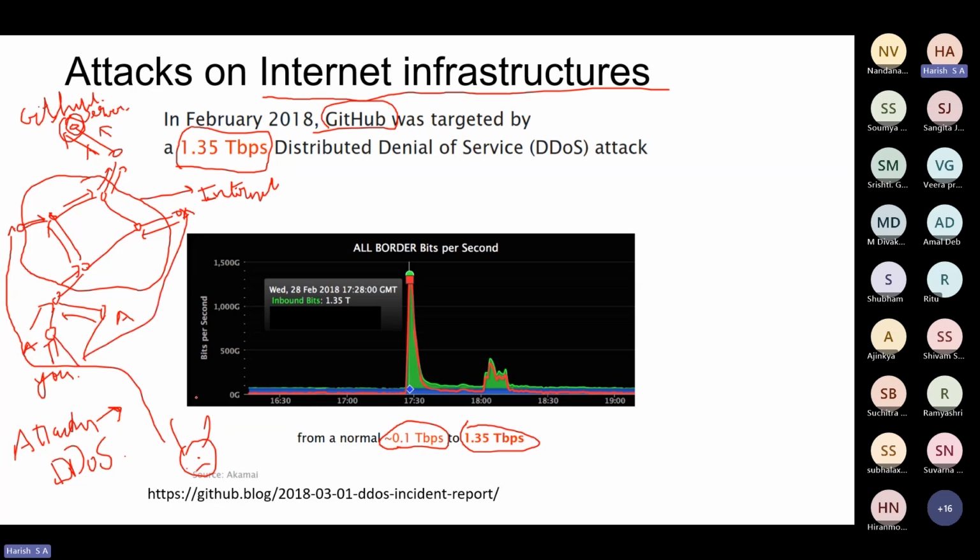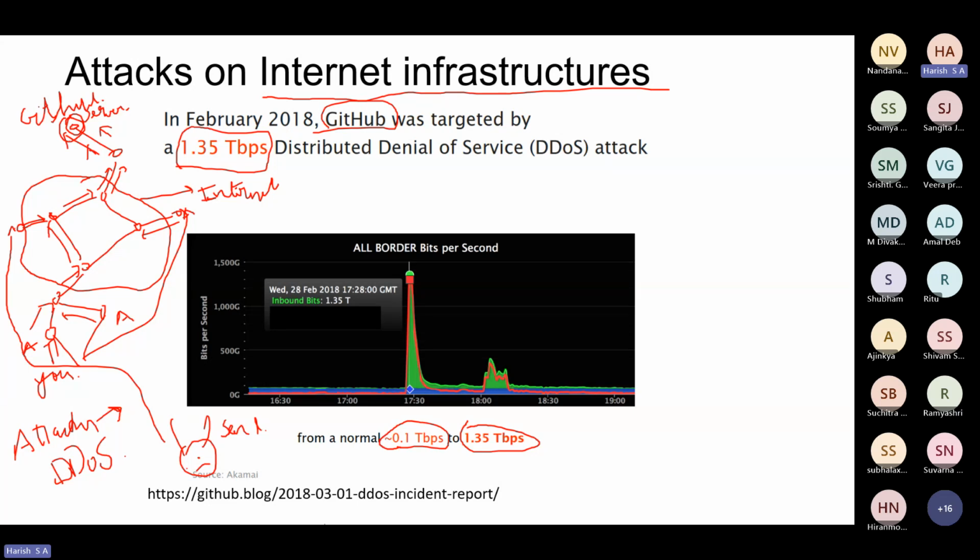And what he does is, at one point, he says, send as many packets as possible to GitHub, to all of his nodes under his control. And what happens there? If you're sending so much traffic at the same time, the target or the server tends to fail and is not able to handle all this traffic.